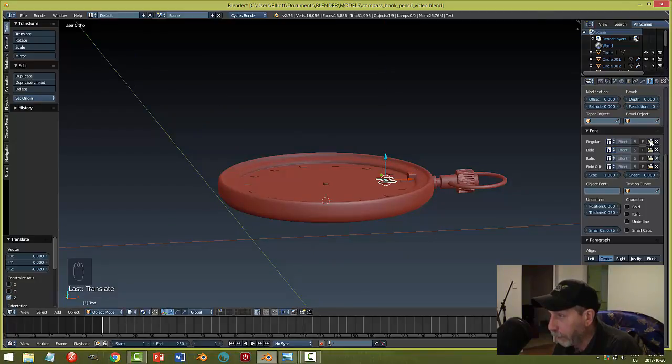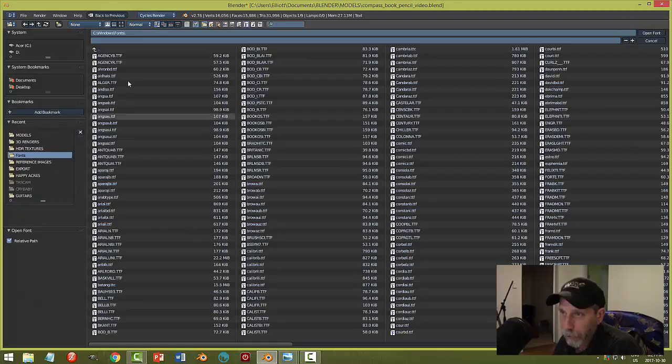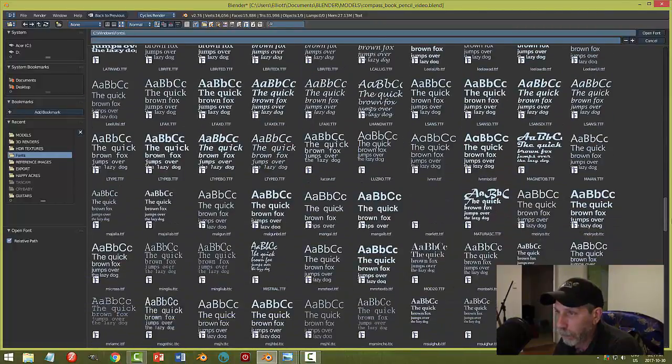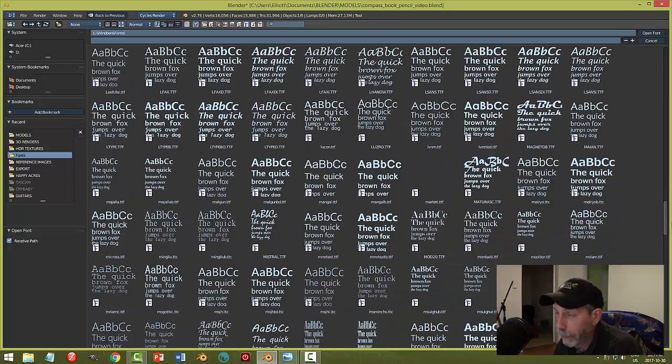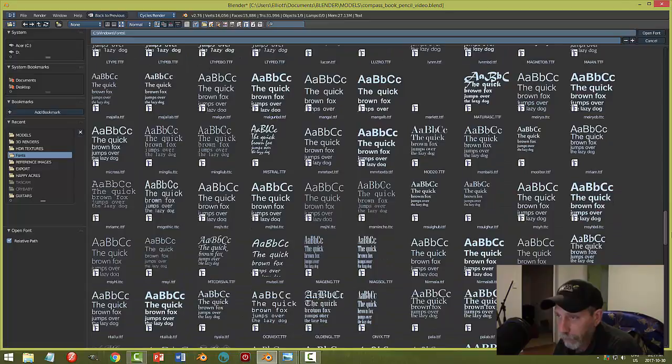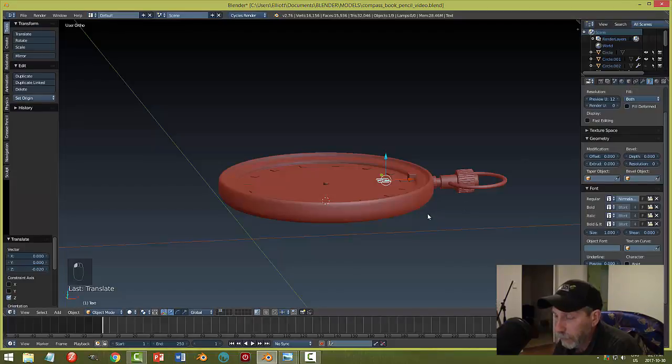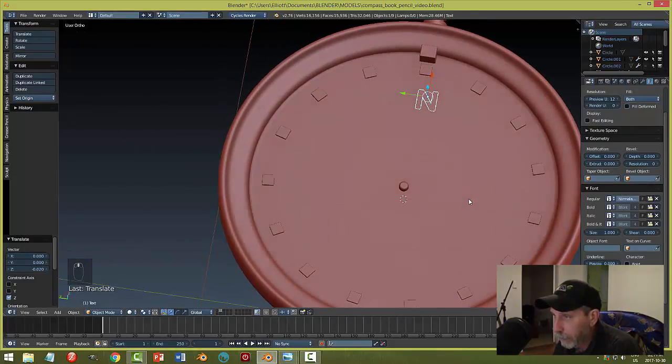So I'm going to come over here and hit open, go to my font folder, and look for a cool font, of which I don't have that many, or any cool fonts maybe. What would work on something big and thick? You know, let's try that. It might be kind of boring, but so